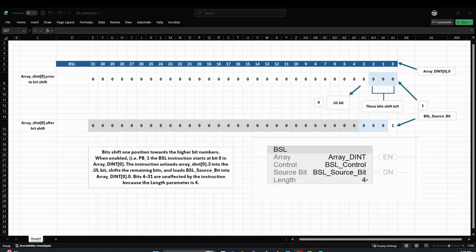All right, guys, let's take a look at the bit shift left. I'm primarily looking at this in Studio 5000, but you're going to find this in a number of different PLC programs. They have the bit shift left and the bit shift right. We're primarily going to look at bit shift left in this video, and then in a subsequent video, we're going